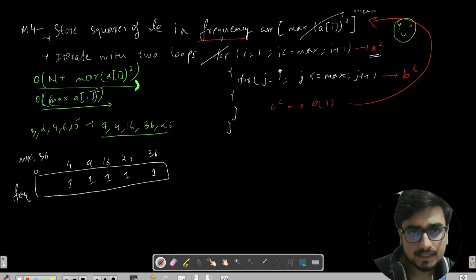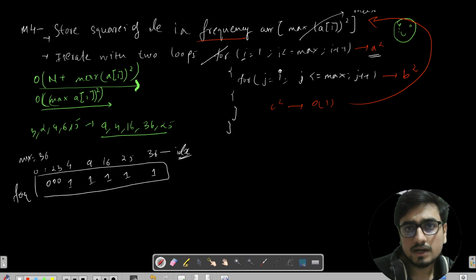So definitely this index is already set to the squares of the elements, right? So iterating using I itself will be pointing to a square, right? So we will just check that for the rest of the elements, you can see 1, 2, 3, the values would be 0 because it is not present in our given array elements, right? So I will just add an additional condition here,